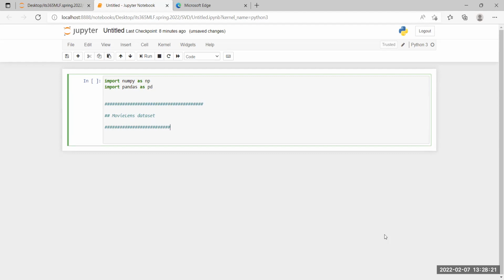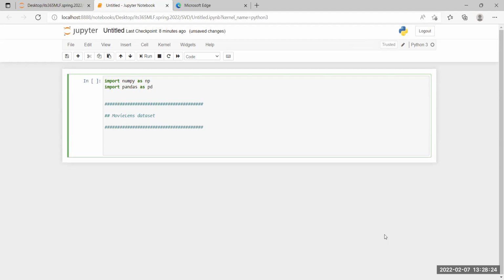The first thing we want to do is get a sense for the data. My data is in the folder called data. So create a variable data, and we're going to call pandas and say read underscore CSV. Then we're going to bring in from data our ratings.csv file.